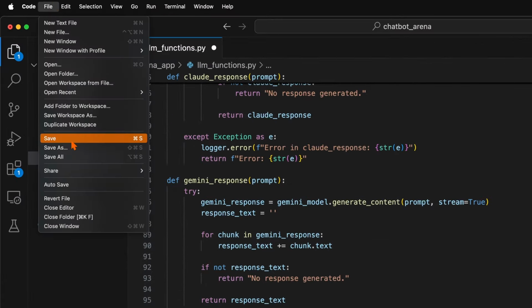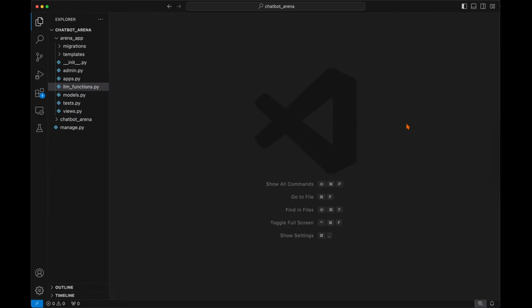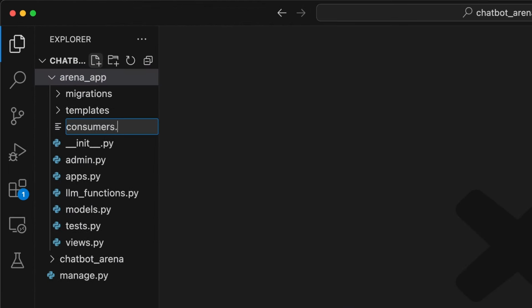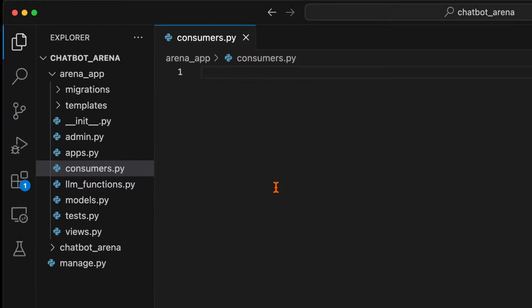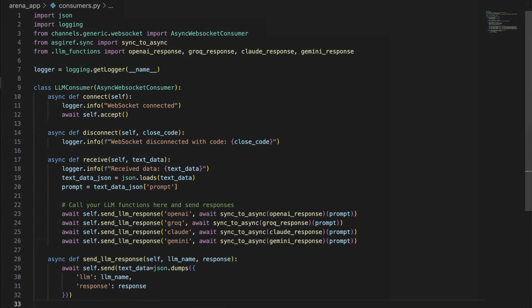Now that our LLM functions are ready, we can integrate them with Django WebSockets by creating a consumers.py file in the Arena app folder. Feel free to pause to copy in this code, but let me just explain it in my best attempt to not make a noob's brain hurt. The consumers.py file tells the server how to handle real-time communication. In this code, LLM consumer listens on our server for prompts from the client, aka our LLMstream.html file. Next, LLM consumer processes the prompt using the LLM functions and finally sends back the responses over the WebSocket connections